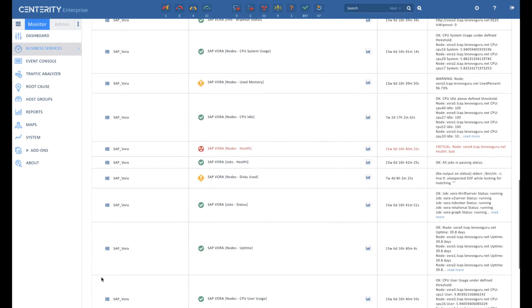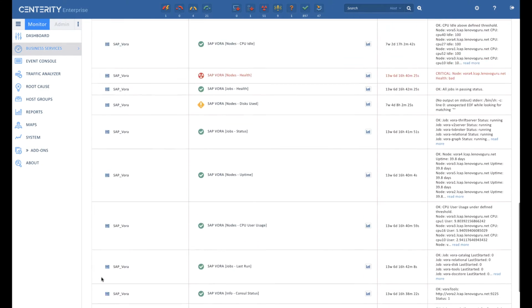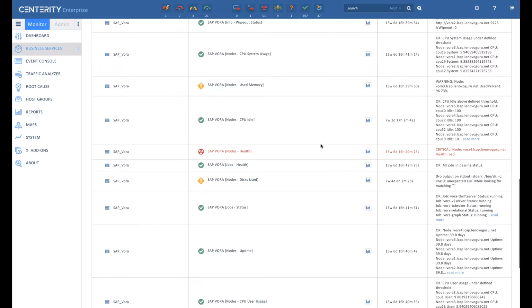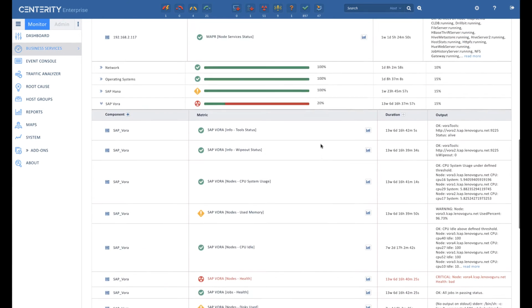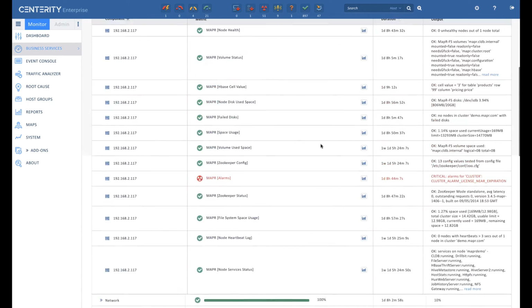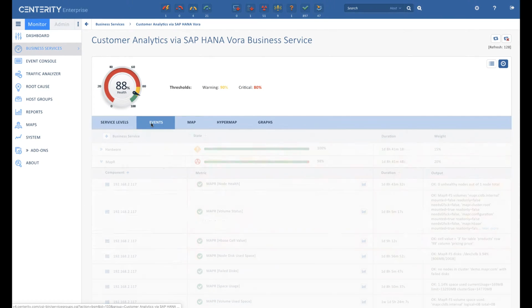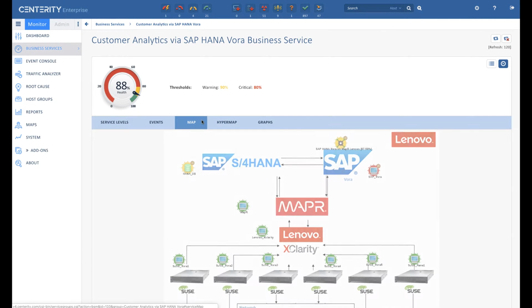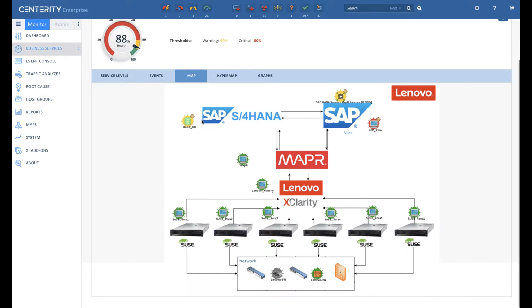So we can see that. And in this instance too, every metric can be defined to have a higher value on the level. Then in the events, we can have an overview of the different events that are currently occurring on the business service. And in map, this is a Visio that was created for the specific business service,